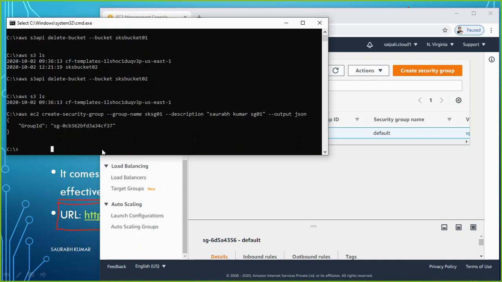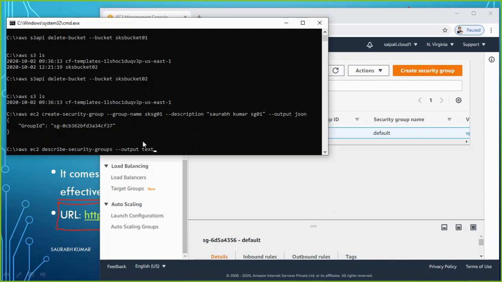If you want to list how many security groups are there, the command is aws ec2 describe-security-groups. And maybe I want to see the output as a text, sorry, I want to get this result in a text format.